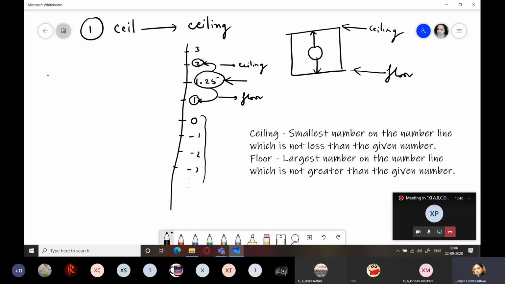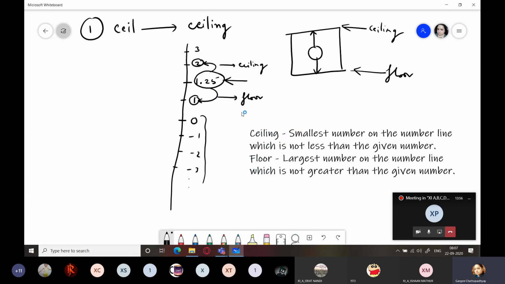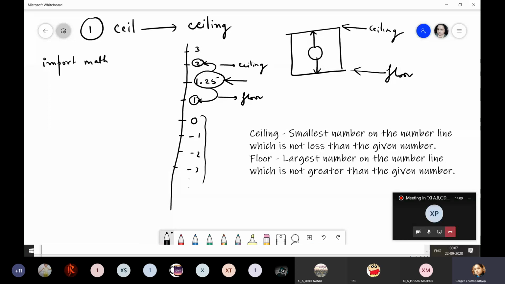So the ceil function is used for printing the ceiling of a number. We will be doing these questions simultaneously on the IDLE also. I'm switching on my IDLE. Okay. Now before using any of these functions, it is important that you first write this statement in your program. Import math. That is because it is a separate module. It's a separate package. It's a library which is stored in your hard disk. Okay. For running anything, you know that it has to be brought into the main memory, that is RAM.